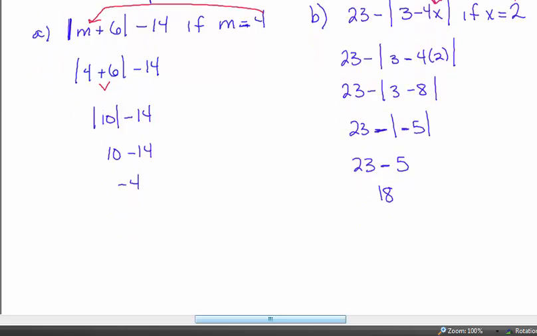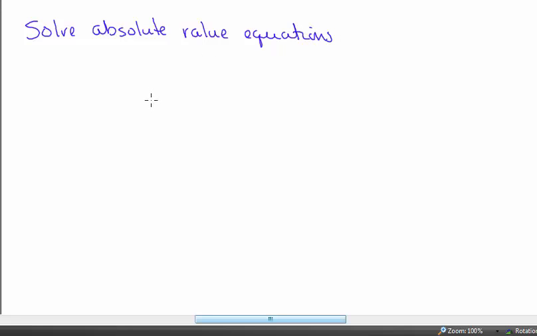We're also going to need to solve absolute value equations. And to do that, I'm going to actually start a little bit further back than the book starts. The book starts right into equations with other things happening inside the absolute value, and I want to kind of work our way up to it. So if I have the absolute value of x equals 5,